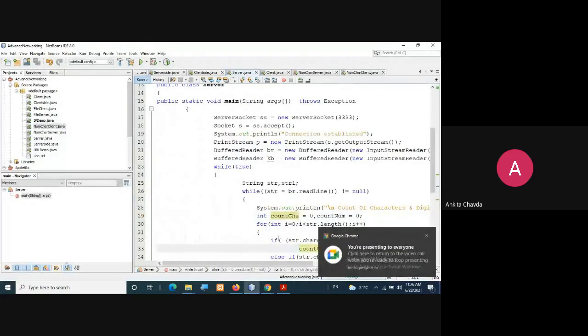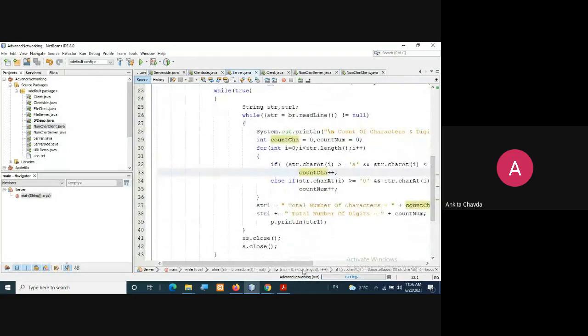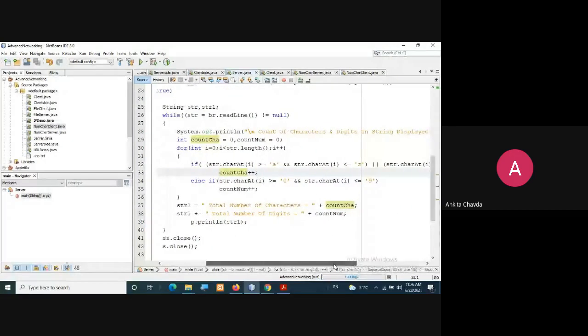Then inside this for loop, you already know what the logic is to calculate that. Such kinds of programs you have already made in Java. For loop, int i equals 0, i is less than str.length, where str is the string object in which you stored the whole line you have read, and every time we do i++. Now if str.charAt(i) is greater than or equal to small a, and then if it,